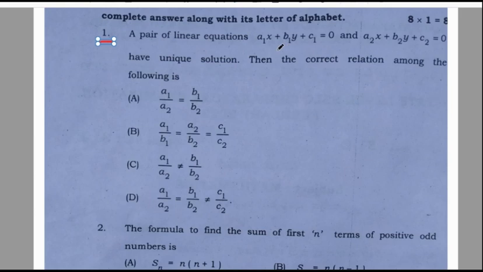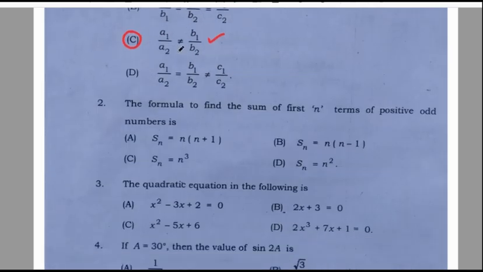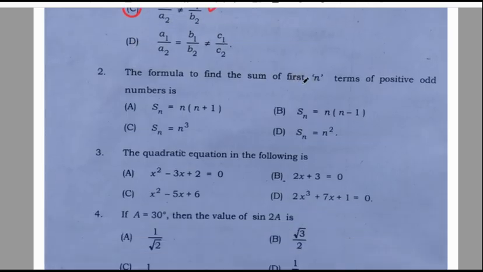A pair of linear equations a1x plus b1y plus c1 equal to 0 and a2x plus b2y plus c2 equal to 0 have a unique solution. Unique means 1. Then the correct relation among the following is: the correct option is C, a1 by a2 is not equal to b1 by b2. Intersecting lines. Second question. The formula to find the sum of the first n terms of positive odd numbers is: